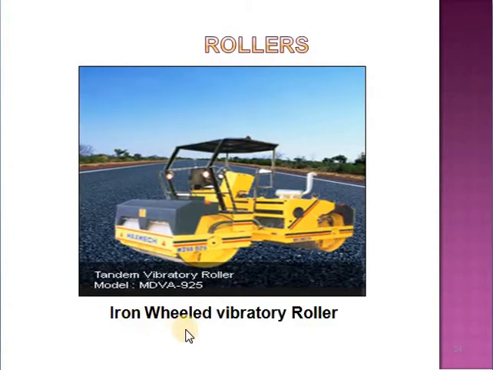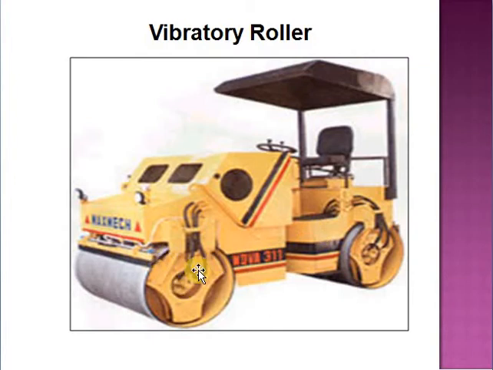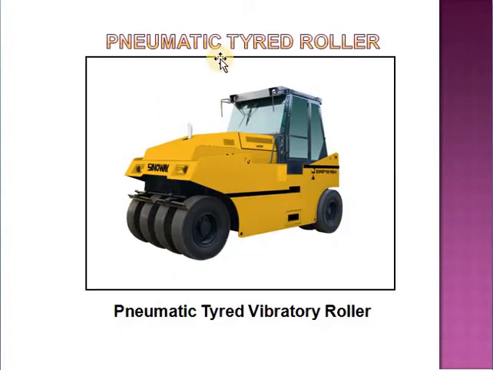You can see this is the iron wheel or vibratory roller. You can see it anywhere on road construction. So the roller will be of very large weight, and this is a vibratory roller. You can see this type of rollers on road construction. And this is a pneumatic tire roller. So this will consist of 3 or 4, 6 tires. So that's why we call it a pneumatic tire roller. So this will be compacted with these tires only. These tires will be very smooth and give a very compact load.